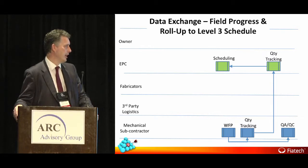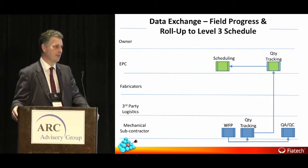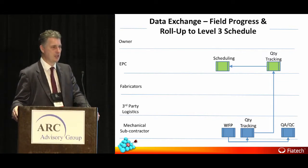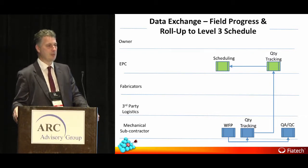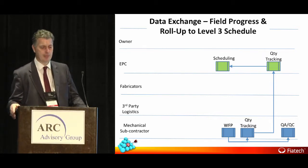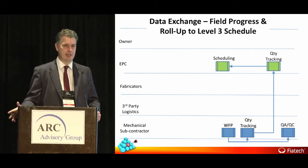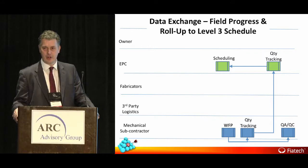So quantity tracking and then obviously checked against the schedule. At the moment, this generally is just done by Primavera on thousands of lines. Unless you're the planner and the project manager, you've probably got no idea of how much scope you've got left to go. Where the 6D dimension comes in, but the cost is we should be able to, if we can start tying all these pieces of data together, we should be able to not only quantify how much work there's left to do, but also how much money there is left to spend and pay out for the various people,